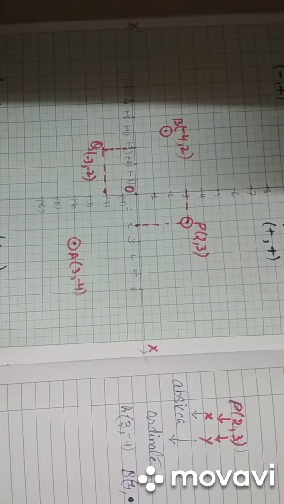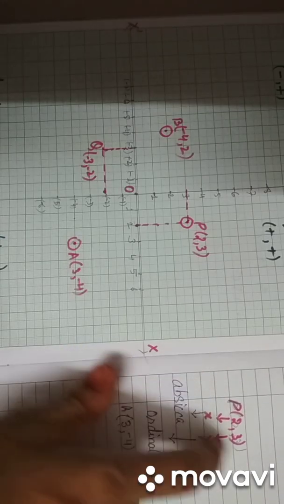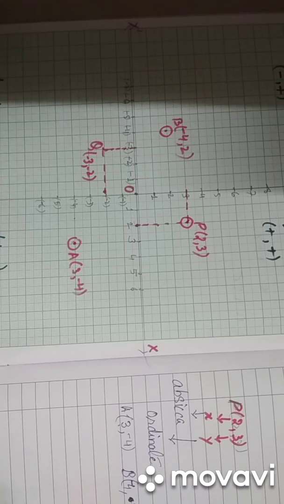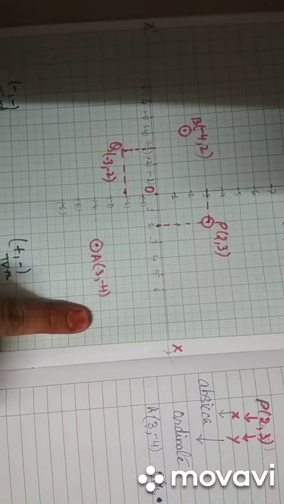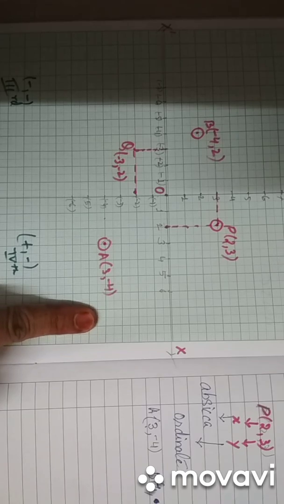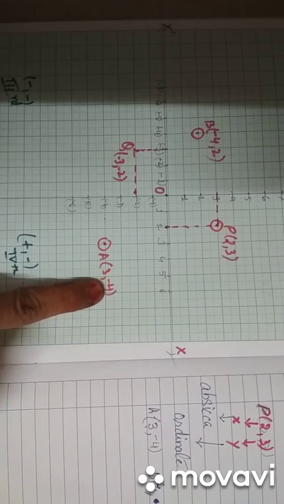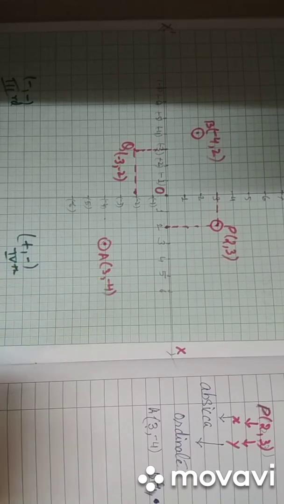Sometimes they can give you a coordinate like this and ask you to name the abscissa of point P. Then what you have to write is 2. Correct? In the same way, they can ask it for another point, as we can take A: the ordinate of point A. So the ordinate value is -4. Likewise you have to answer it.